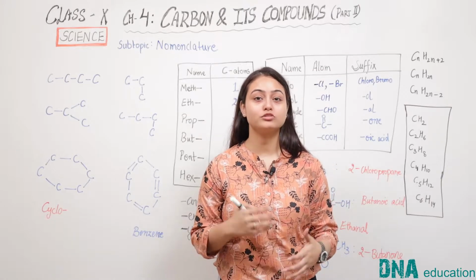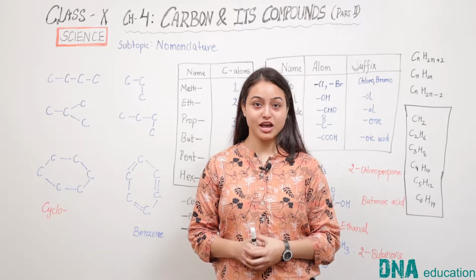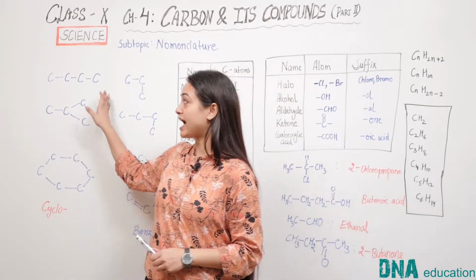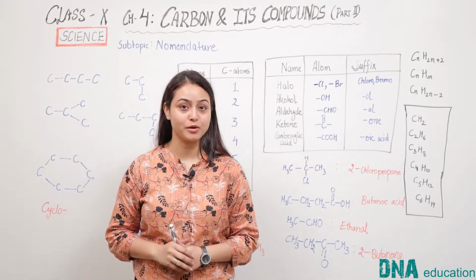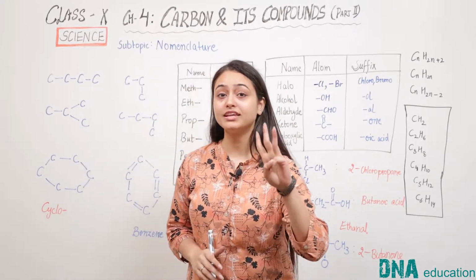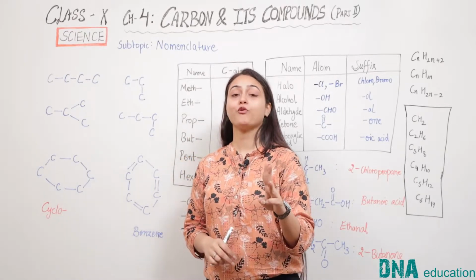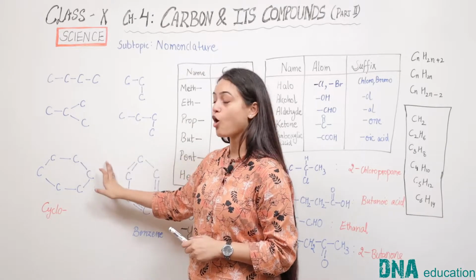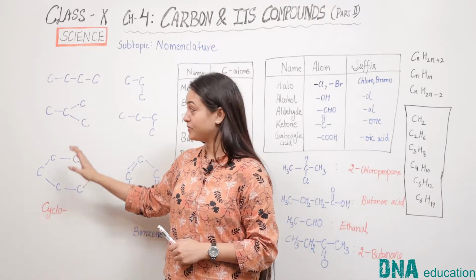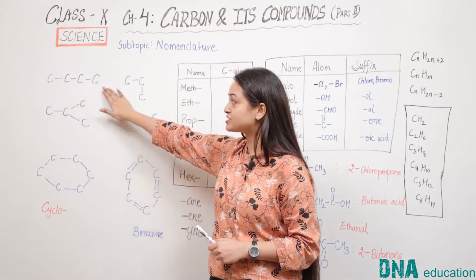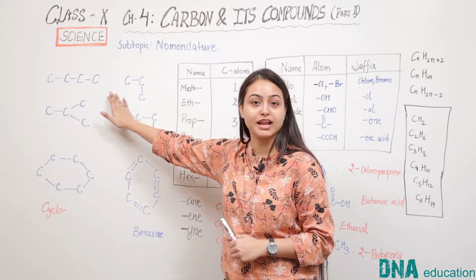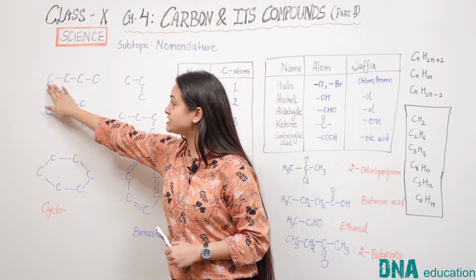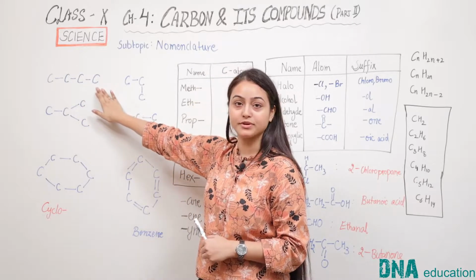Today we will learn about the nomenclature of carbon compounds. First of all, let us understand what different types of carbon compounds can be formed. There can be three basic structures that can be formed by carbon compounds. These are chains, branches or rings. Let us study about them. A chain is a single straight line in which carbon atoms are arranged. So you can see that this is a chain of 4 carbon atoms.